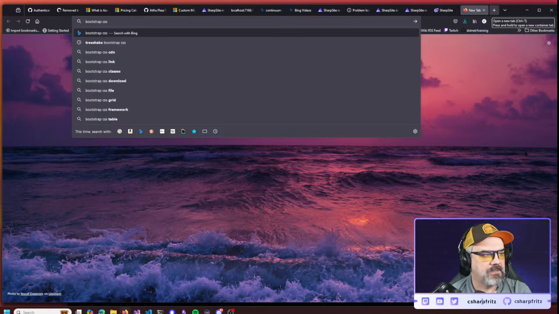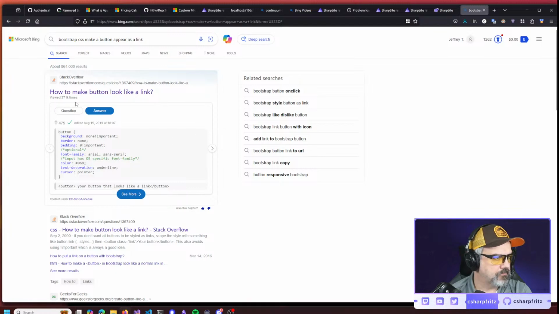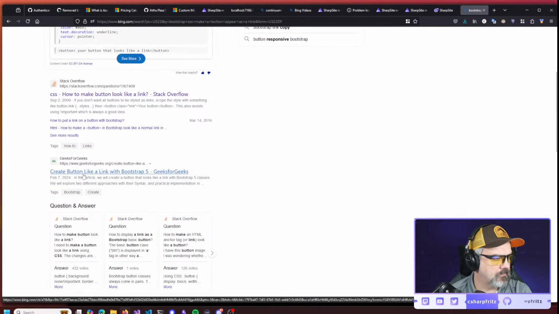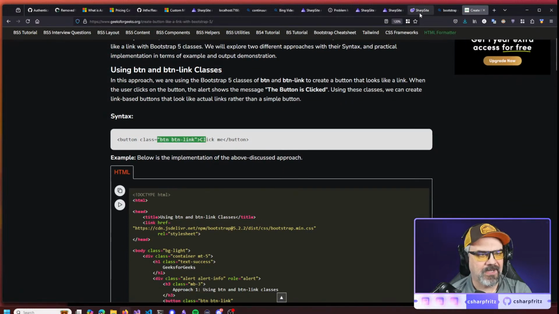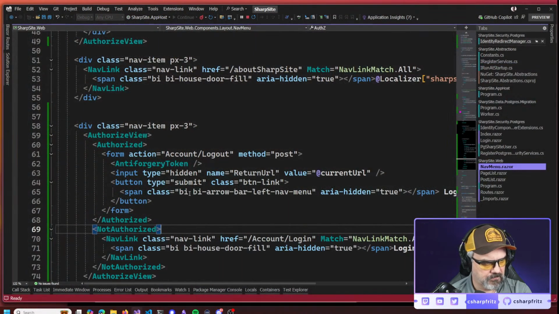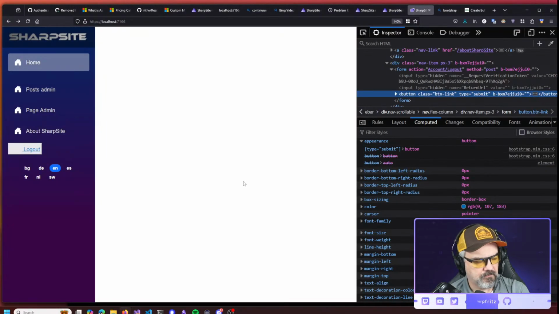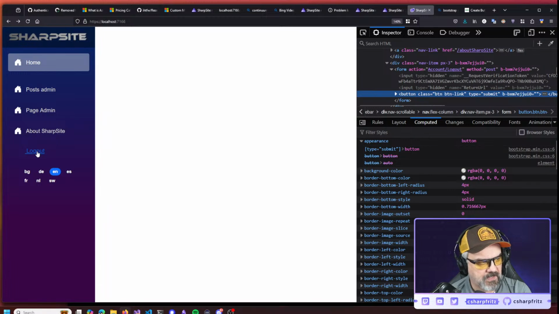Bootstrap, CSS, make a button appear as a link. With Bootstrap 5. Yeah, here we go. Button link. Wild. Okay, and I want it to be